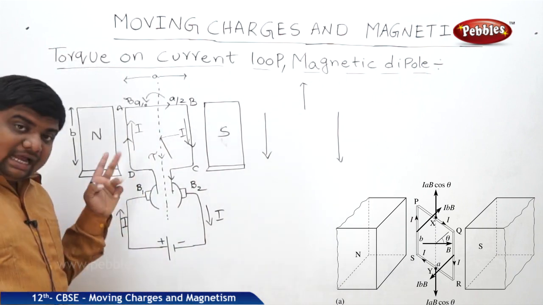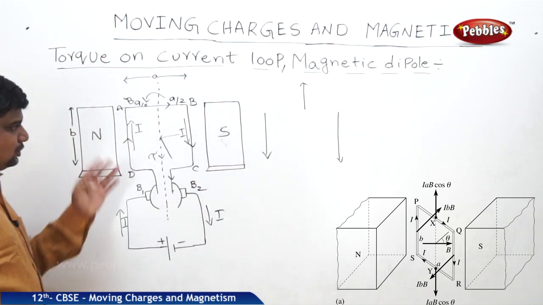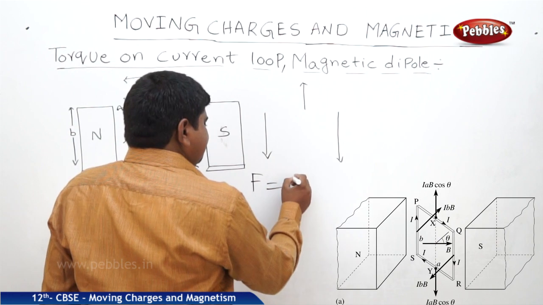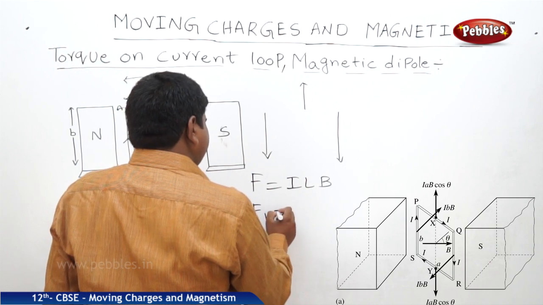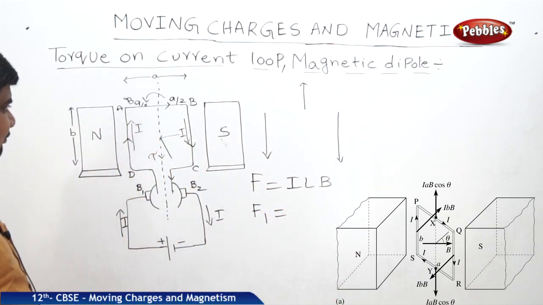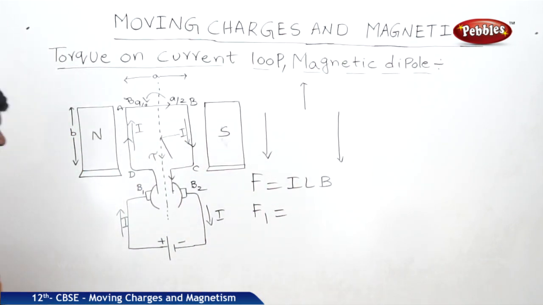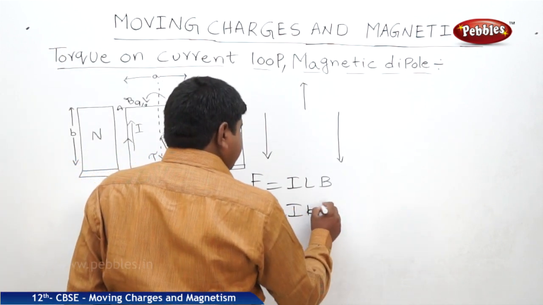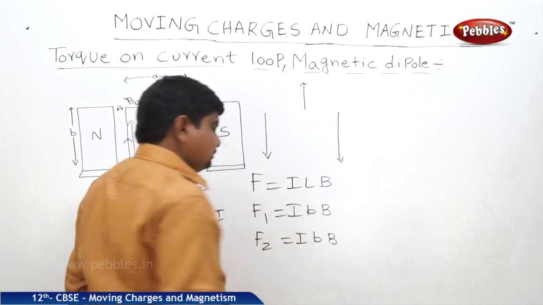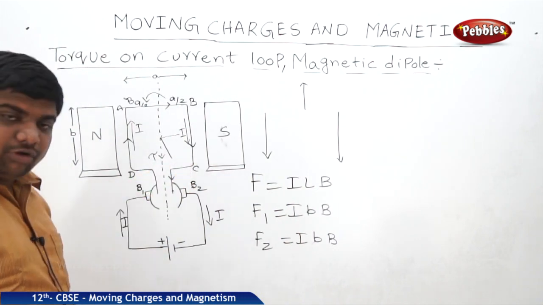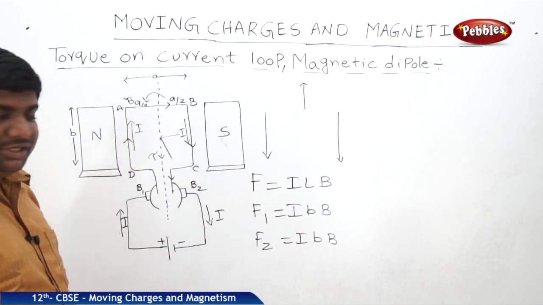Now magnetic force is applied on the length, at A by 2 and A by 2 on each side. F is equal to ILB, as we know. So what is F1? Here the length of the armature coil loop is B. So F1 becomes IBB, and F2 becomes IBB. Both are the same. This much is the force applied on either end of the coil about the rotatory axis, and the perpendicular displacement is A by 2 and A by 2.